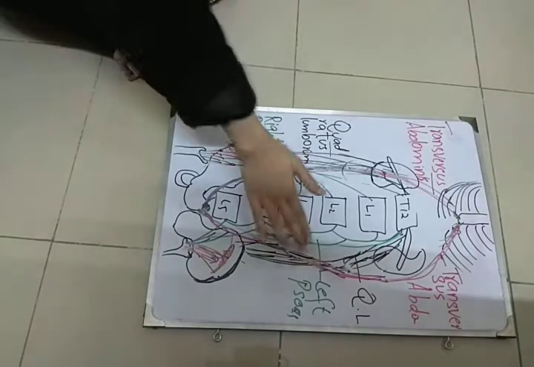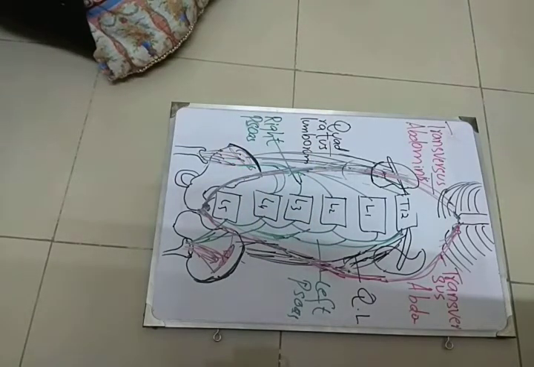Now their posterior relations. We have discussed the anterior relations of the ascending colon and the descending colon. Now we will discuss the posterior relations of the ascending colon and the descending colon. Here in this diagram, which contains all the posterior relations, I have removed the ascending colon and the descending colon, and the things which I can see beneath it are